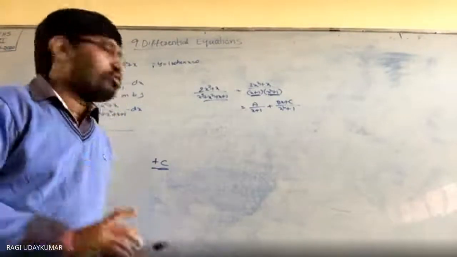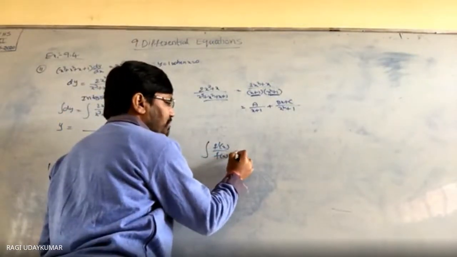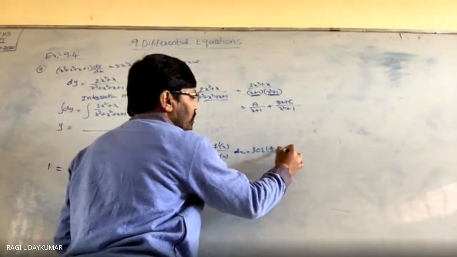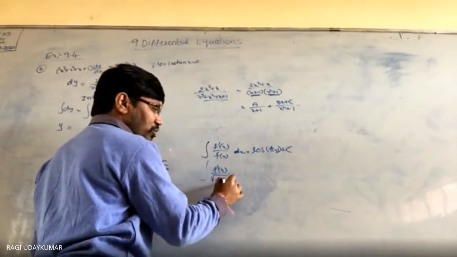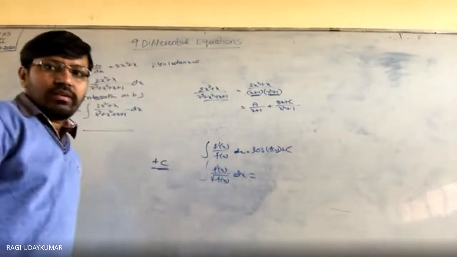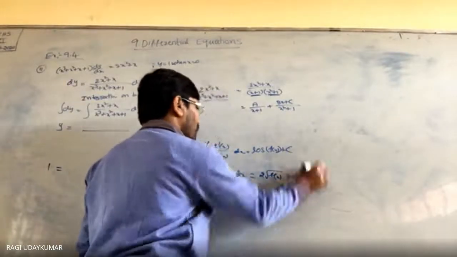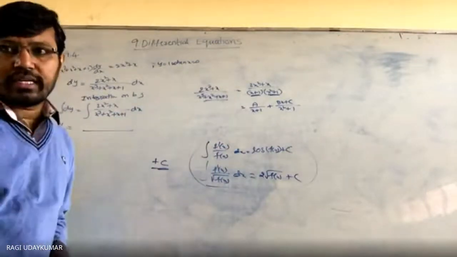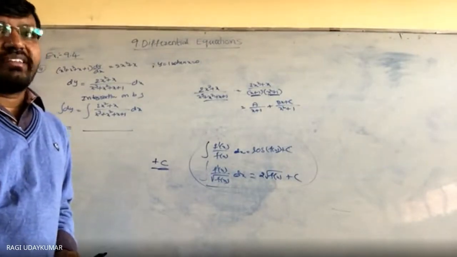And in all these, mostly, do remember, I am always reminding you, the integration of f dash x by f of x dx is equals to logarithm of f of x plus c. This one will be useful to you. Integration of f dash x by under root of f of x dx is equals to what do you get? 2 root f of x. These two forms are used very often. Previously also I told you. In the middle you are going to get it. So you can use them directly. It's not very difficult for you.